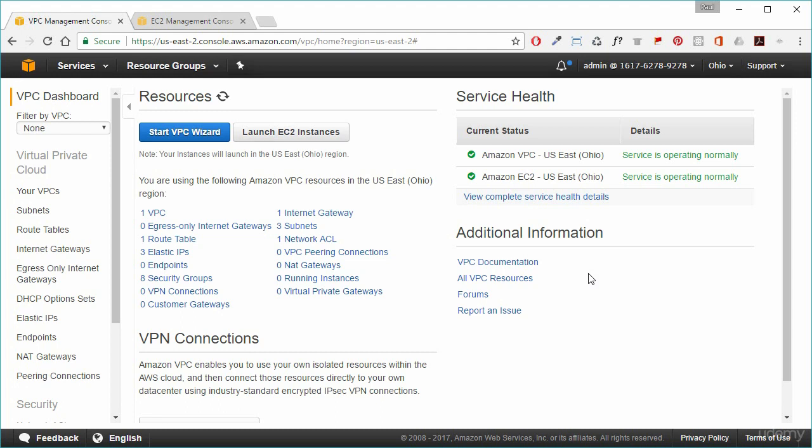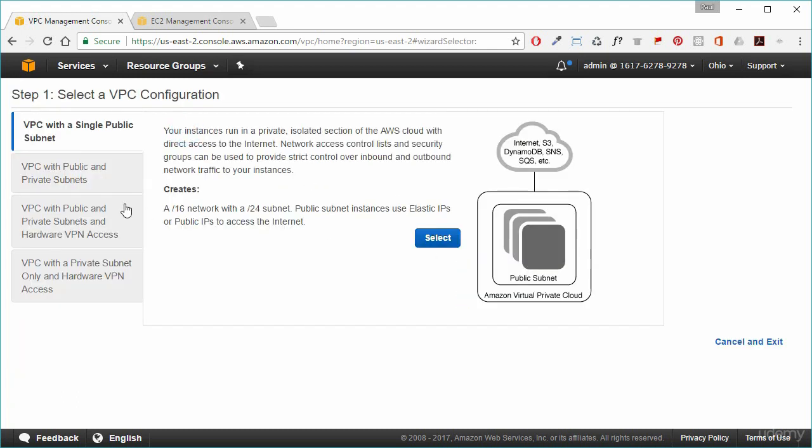Okay, so here I am back in the VPC dashboard. I've just zoomed the screen in so you can see a little bit better. Just click on Start VPC Wizard. Now you'll see that there are four options available for creating a VPC. So we can create a single public subnet,